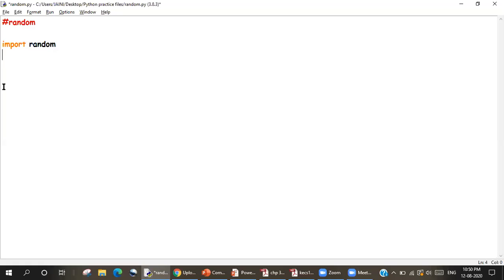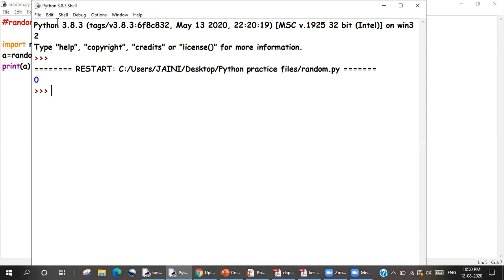So I will first import the library called random. Then I'm going to use this variable a to save a random number inside it. So I will say a equals random, the name of my library, dot, and the name of my function, which is randint. Randint is random integer, from 0 to 9, any integer that I want. And then finally, I'm just going to print it on the screen. I'm going to save this program and run it. And I have 0 being printed.